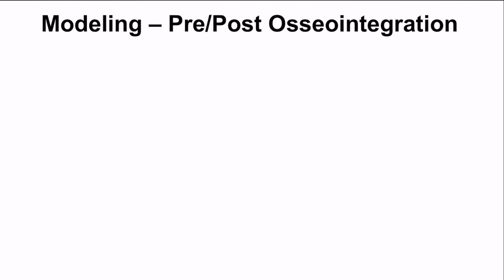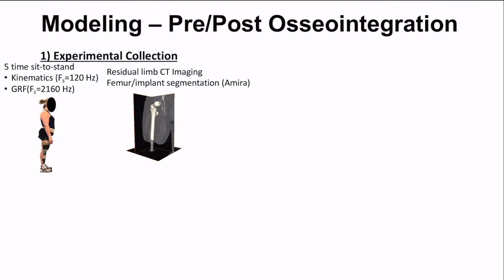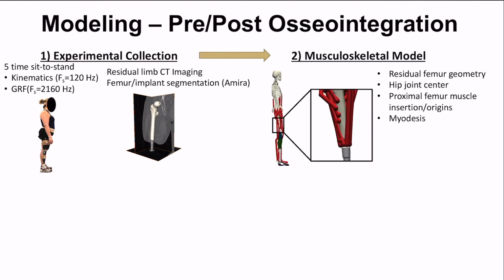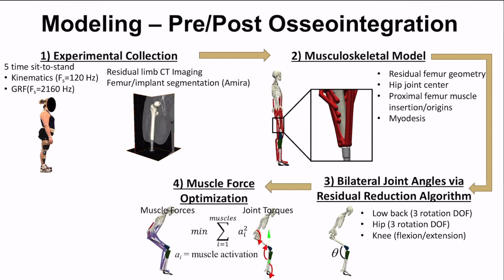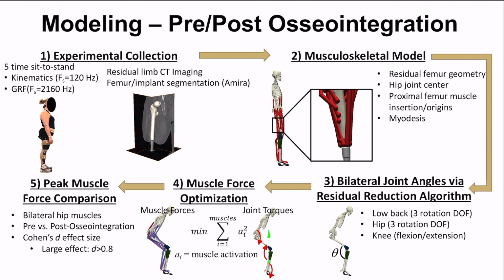This data was used to create a modeling sequence that we adapted for every patient both before and after osseointegration. The experimental data we used was a combination of motion capture data and imaging data as standard of clinical care, which were both used to develop a subject-specific musculoskeletal model. For each patient, this model was developed to first calculate the joint angles during the sitting task and then calculate the muscle forces. We compared peak joint angles and muscle forces both before and after prosthesis osseointegration using Cohen's d